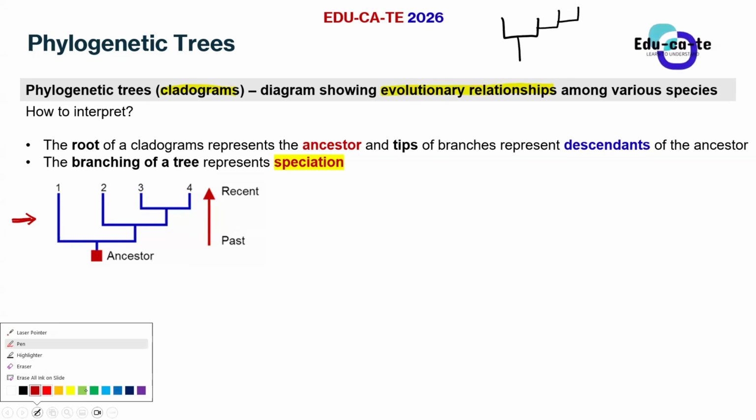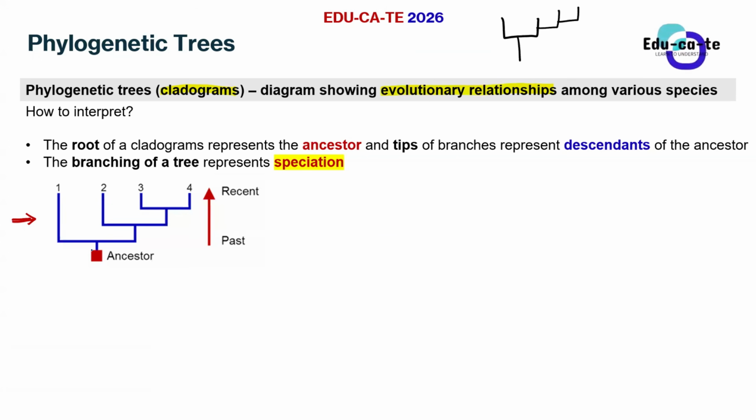Okay. So the bottom part of the phylogenetic tree, where it begins, you can see that it begins here where there is a red box. Remember, I started at the most bottom part of the phylogenetic tree. This most bottom part is the root of the phylogenetic tree. What does it represent? It represents the ancestor, or the oldest species. So when we are going from bottom to top in a phylogenetic tree, it means that we are moving from the past, or from the older times, to the recent times.